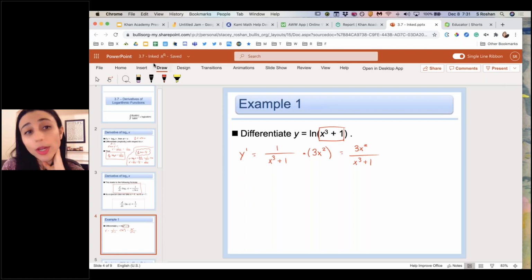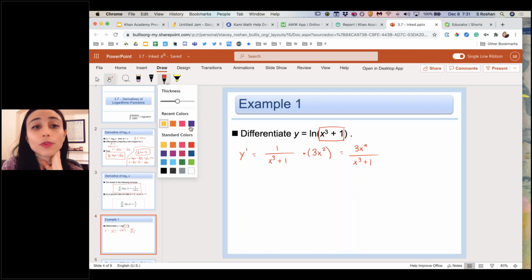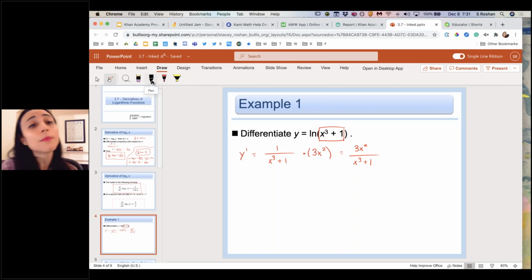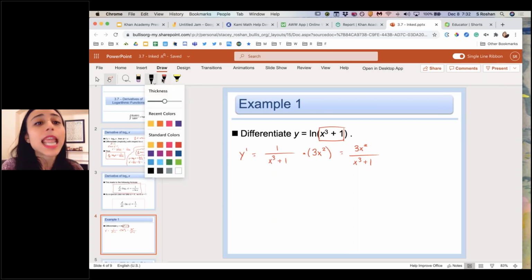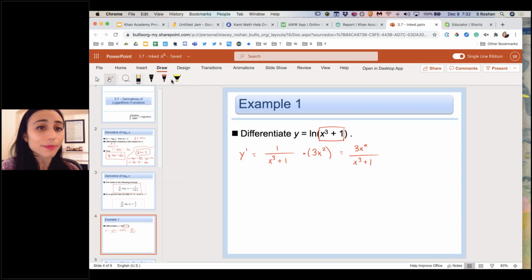I'm in PowerPoint Online here. And then you go to the drawing tab, and you can choose from a bunch of different colors. And it's nice that it has your recent colors that are saved right here. You can change the thickness of the pen tool. And you can also use this different pen tool. They're a little bit different, and have the colors. You have the eraser. You have a highlighter. And you can just get started with making a screencast.